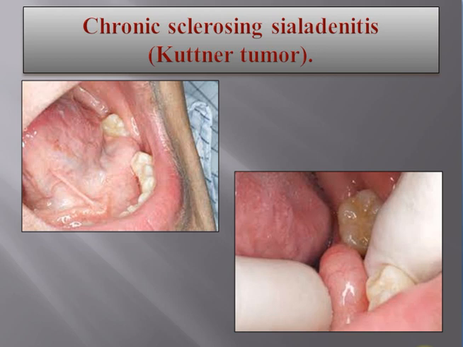Chronic sclerosing sialadenitis or Kuttner tumor. And let's start the part of the lecture where chronic sialadenitis will be explained. What is chronic sialadenitis? That is an inflammatory process that primarily affects the submandibular gland and presents clinically as a